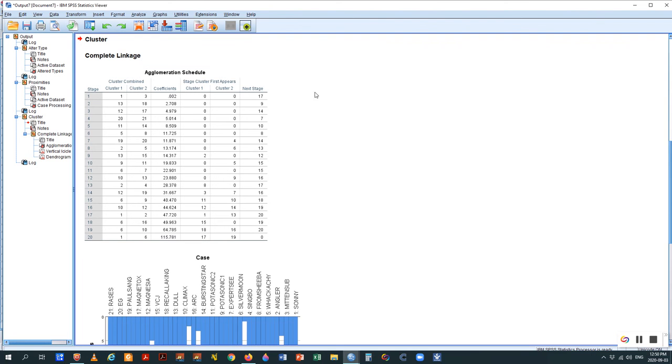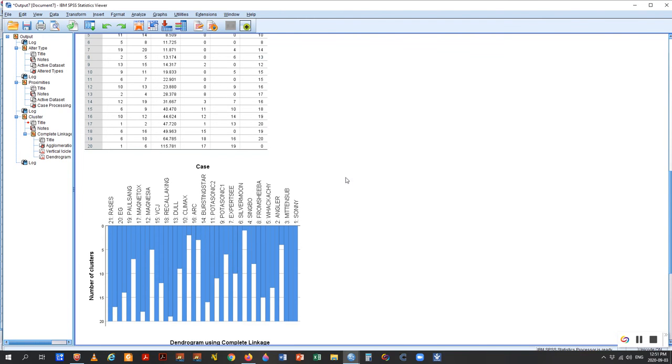So here, the first table is the Agglomeration Schedule, and it shows cluster 1 being added to cluster 2. And the coefficient is the squared Euclidean distance. So at the different stages, it shows you which cluster is combined with which cluster. So it builds up and then builds down the association between the different products. This here is the vertical icicle plot, and it shows how each of these products is associated, and this has been saved as a variable on the data set,